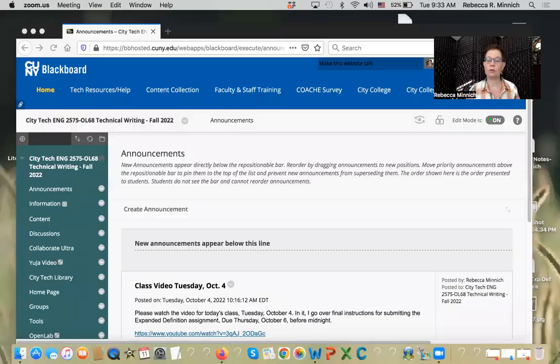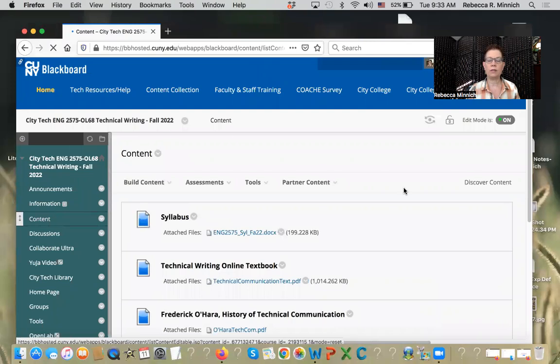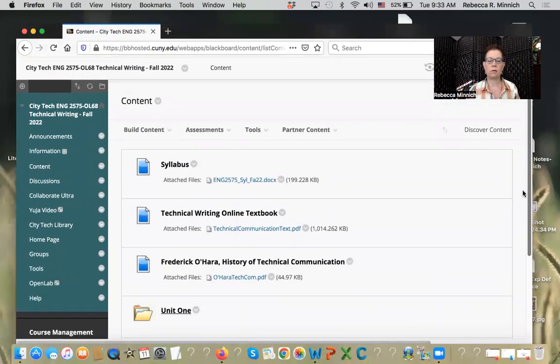So the first thing I want to do is just go over the Unit 3 folder, everything that we have in there so far, but we are going to be adding a few new things in the next few days. So let's just go to our Blackboard site. I'm going to go into screen sharing and take us there. So here, when we go to content, the first thing you're going to notice, scrolling down, is we've got a